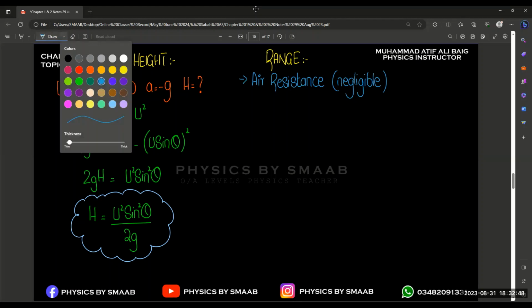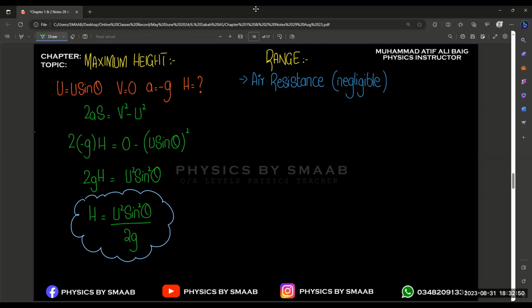So if you consider the air resistance, it is very complicated to solve this equation. But let's suppose we consider it roughly, because normally we throw an object with a very high speed, so we try to add extra force to overcome the resistive force, right? Because we can easily calculate the force from the air molecules also. So that's why for the time being we are taking air resistance negligible, right? And now we are taking the horizontal component. So the initial velocity this time equals u cos theta,